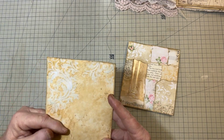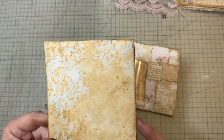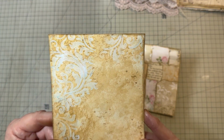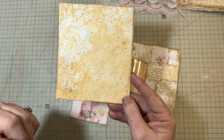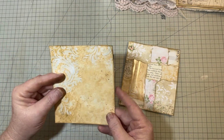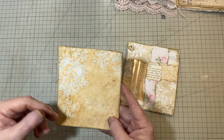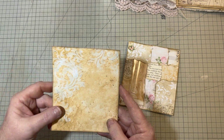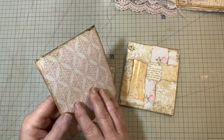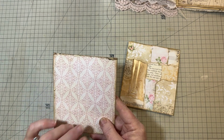This is a panel that I had painted on and then stenciled on, and I liked it so much, so I made a copy. I scanned it into my computer and then I printed it out. And the beauty about doing that is you've got it in your computer, you've got it on file, you can print it out as many times as you want, especially with images that you really like. This is from another kit. I don't know who that was, but